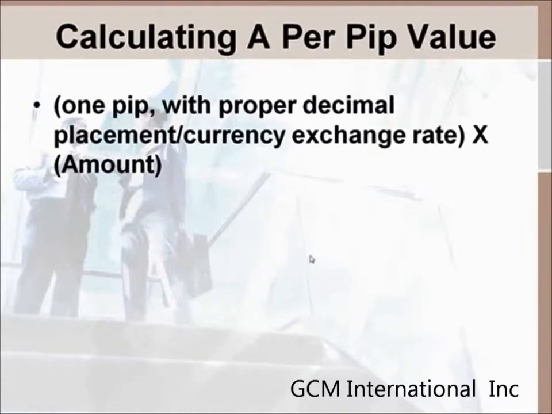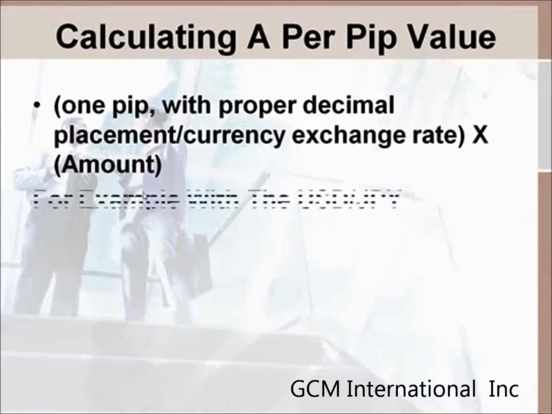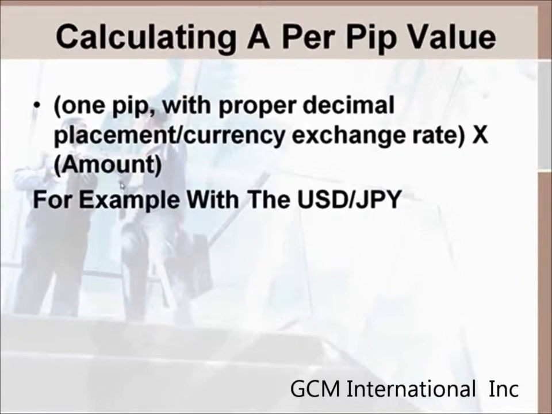This isn't hard to do. Calculating a per pip value, here's the formula you're going to need to do it. You need to divide 1 pip with proper decimal placement, divide by the currency exchange rate, and then multiply it by the amount that you're trading. And the amount that you're trading is usually going to be either 100,000 for a full lot or 10,000 for a mini lot. And to just give you an example of how to use this formula,